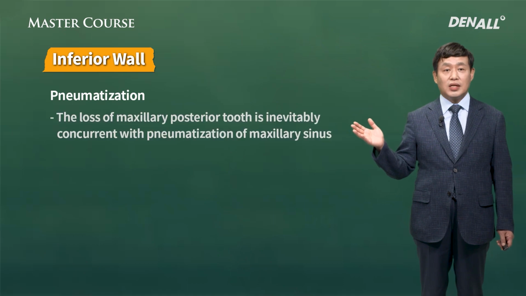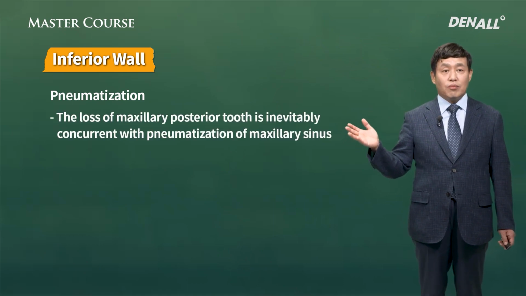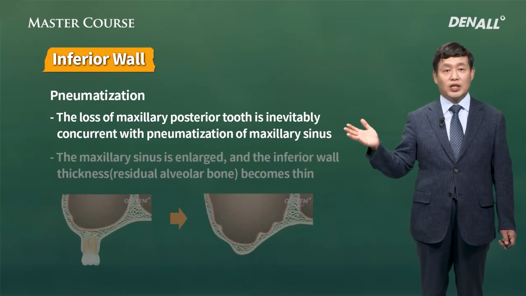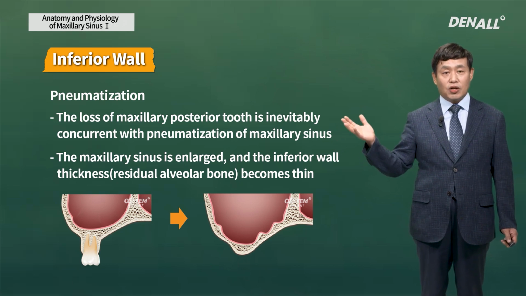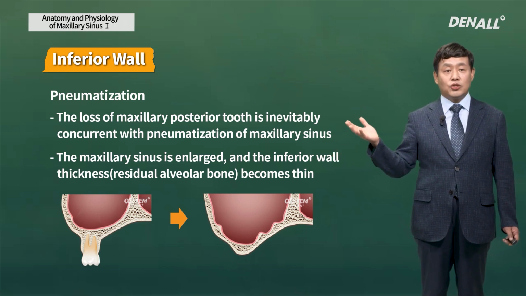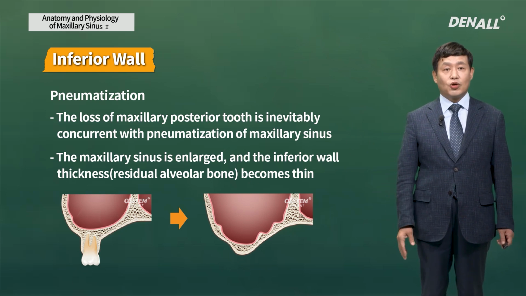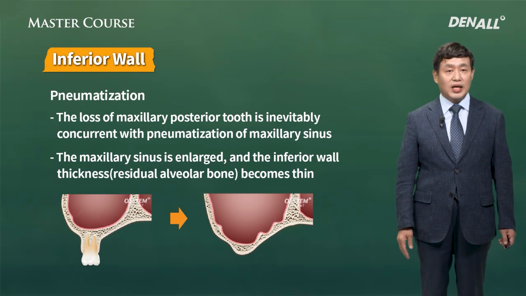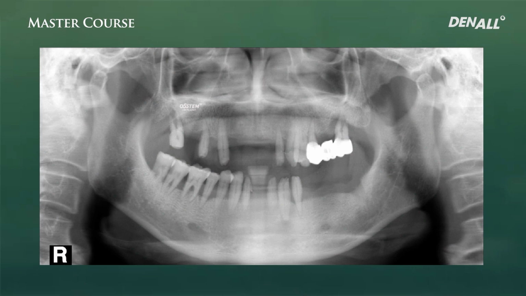Pneumatization can occur. The loss of maxillary posterior teeth is inevitably concurrent with pneumatization, and the maxillary sinus is enlarged, and the inferior wall thickness becomes thin. So with the pneumatization, the lateral wall tends to get thinner. Let's look at